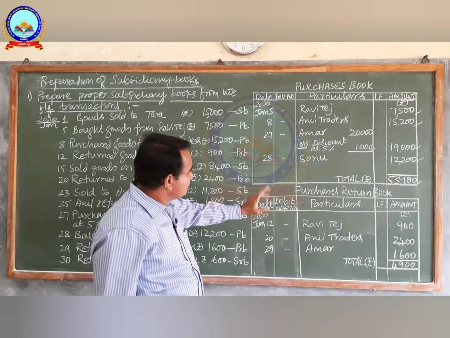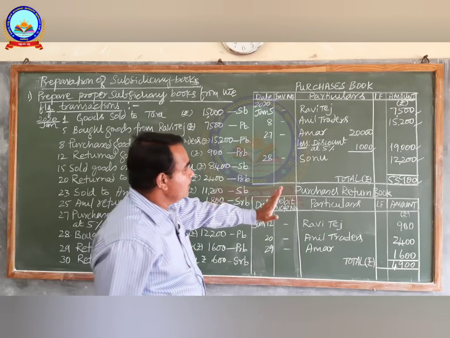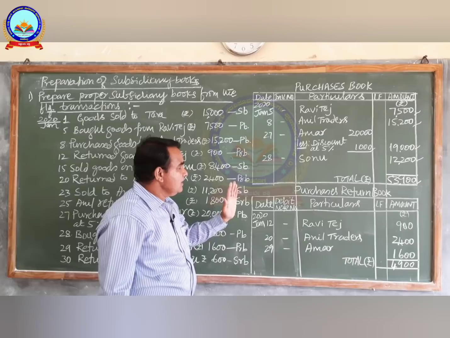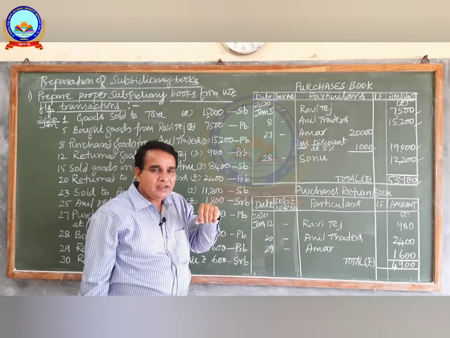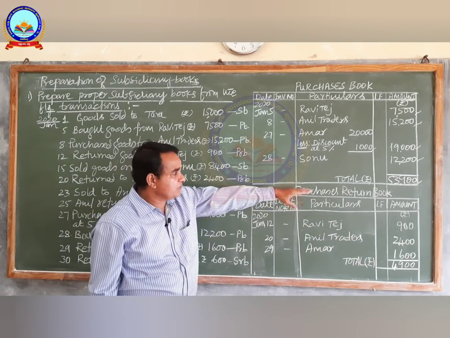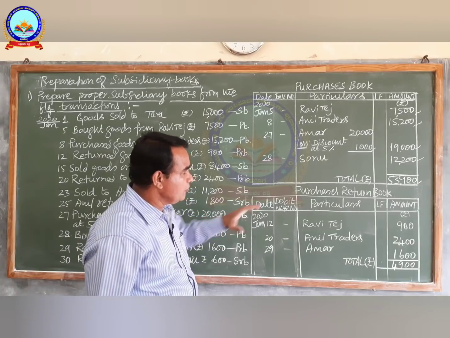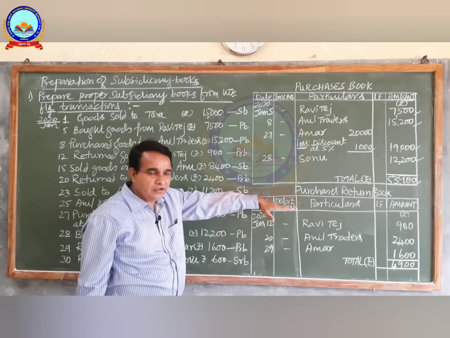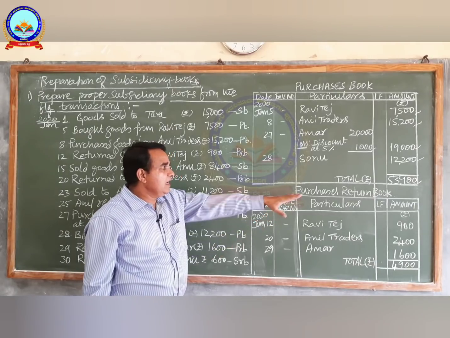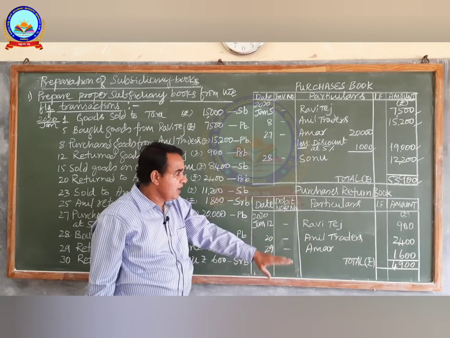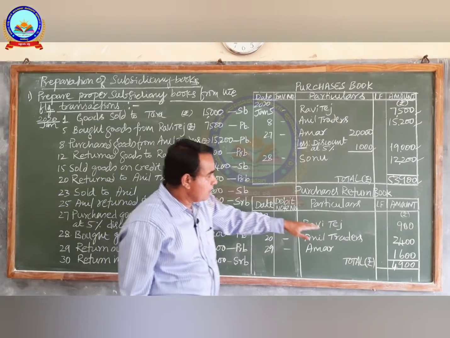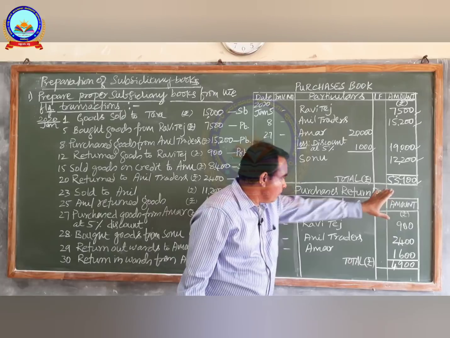Secondly, or subsequently, you have to prepare the purchases return book. Again, recall from memory the specimen of the purchases returns book, how to prepare it. Then go with the headings in the particular columns, draft the layout of the purchases return book and enter all those transactions which are going to be recorded in the purchases return book.